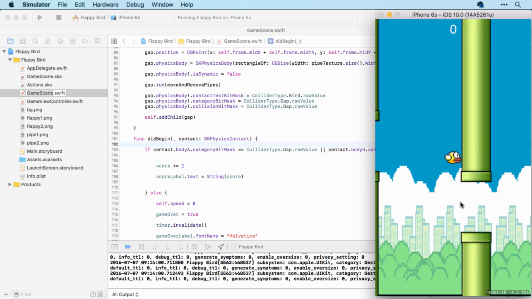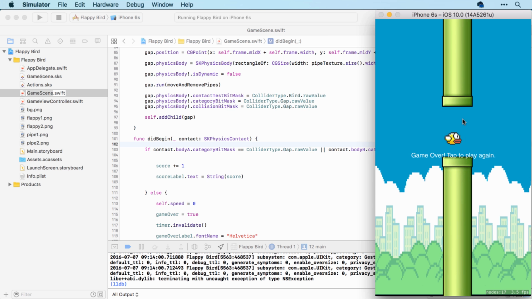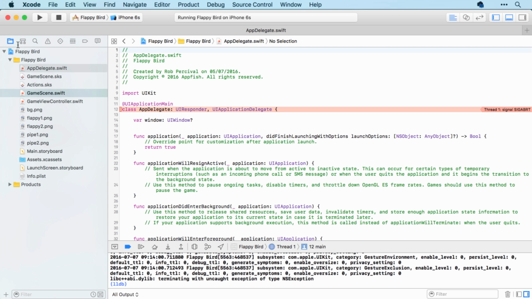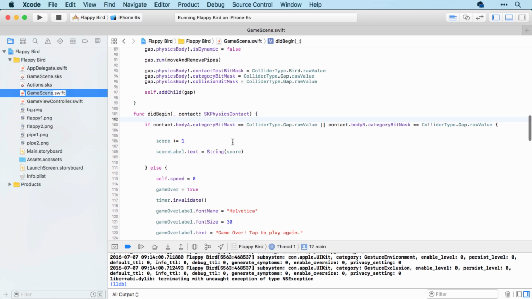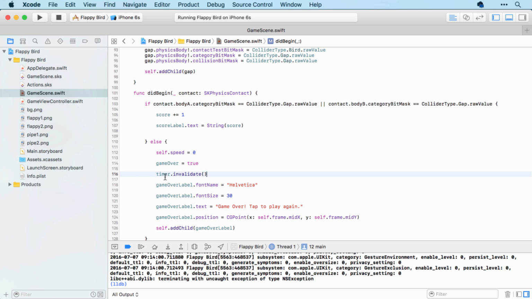So, for example, if we jump into the pipes and then fall through the gap, then we'll have contact, but the game will officially be over. So that will cause a crash,